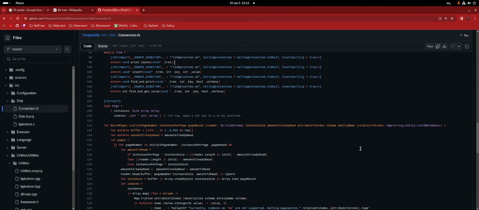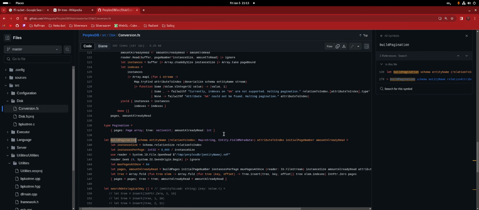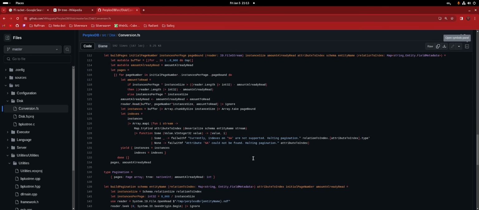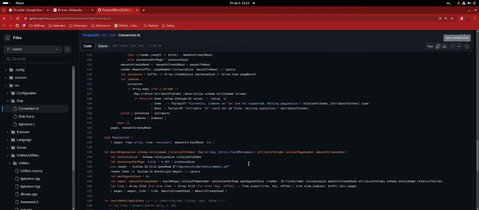So go down a little bit. So these are the functions we're gonna have to do. I don't have hopes that we are gonna finish all of them today because they're very hairy, as you can imagine. Build pages. Oh, this is pagination. Yeah, but no, let me build just pagination. Let me explain the units because I implemented search, at least basic search, already on mine with indexing. So go all the way down. There is a search function. So we're gonna have to do roughly something like this.